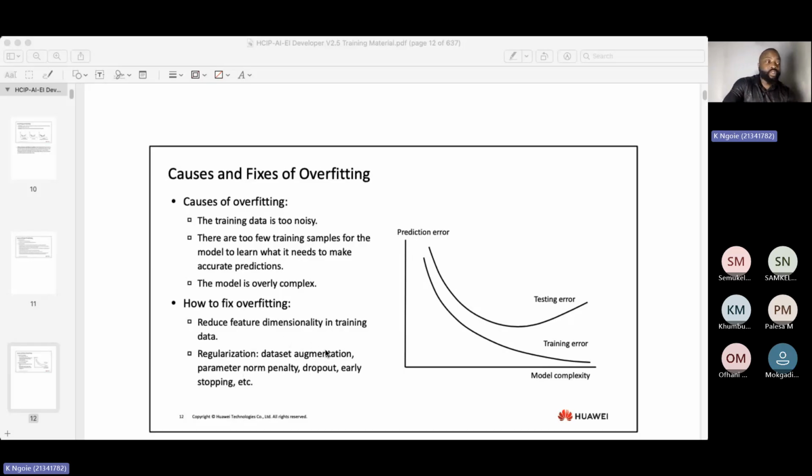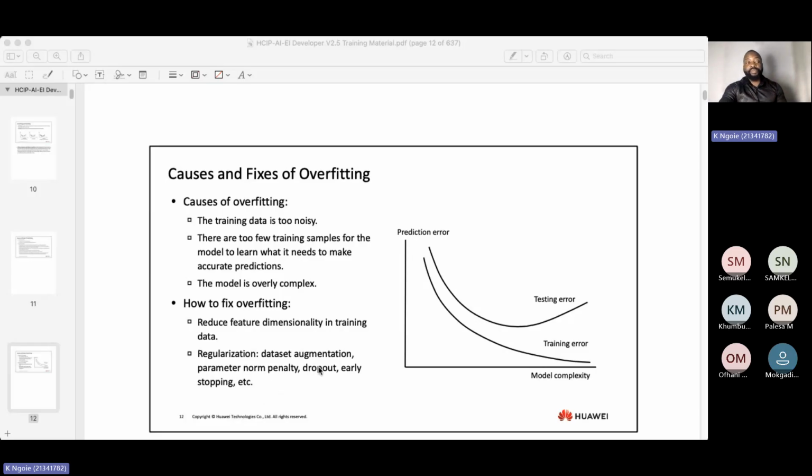Okay. Another method can be data augmentation. That means that if you don't have enough data, you need to add more data, because if you don't have enough data, you will have a wrong model. Just like yesterday, I mentioned how if you don't know someone, you only know a few things about them, you may judge them the wrong way. But if you have a lot of information about them, that can help you. So data augmentation can be a method to fix overfitting. You have regularization, when we put a penalty on certain values to control them.